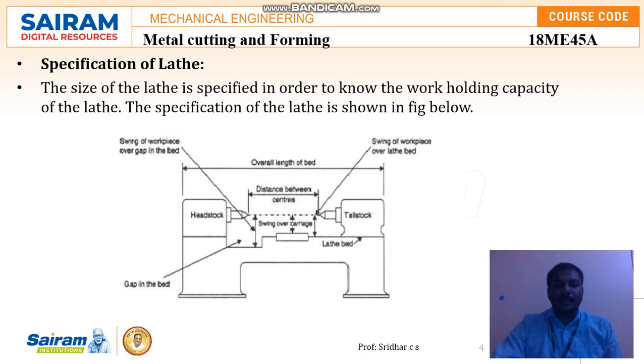So, the lathe bed, and you can see the swing over the carriage. The distance between the center axis and the carriage, what would be the swing? Some specific distance will be given there, or a specific distance will be maintained in order to give that particular swing. So we need to give the specifications.